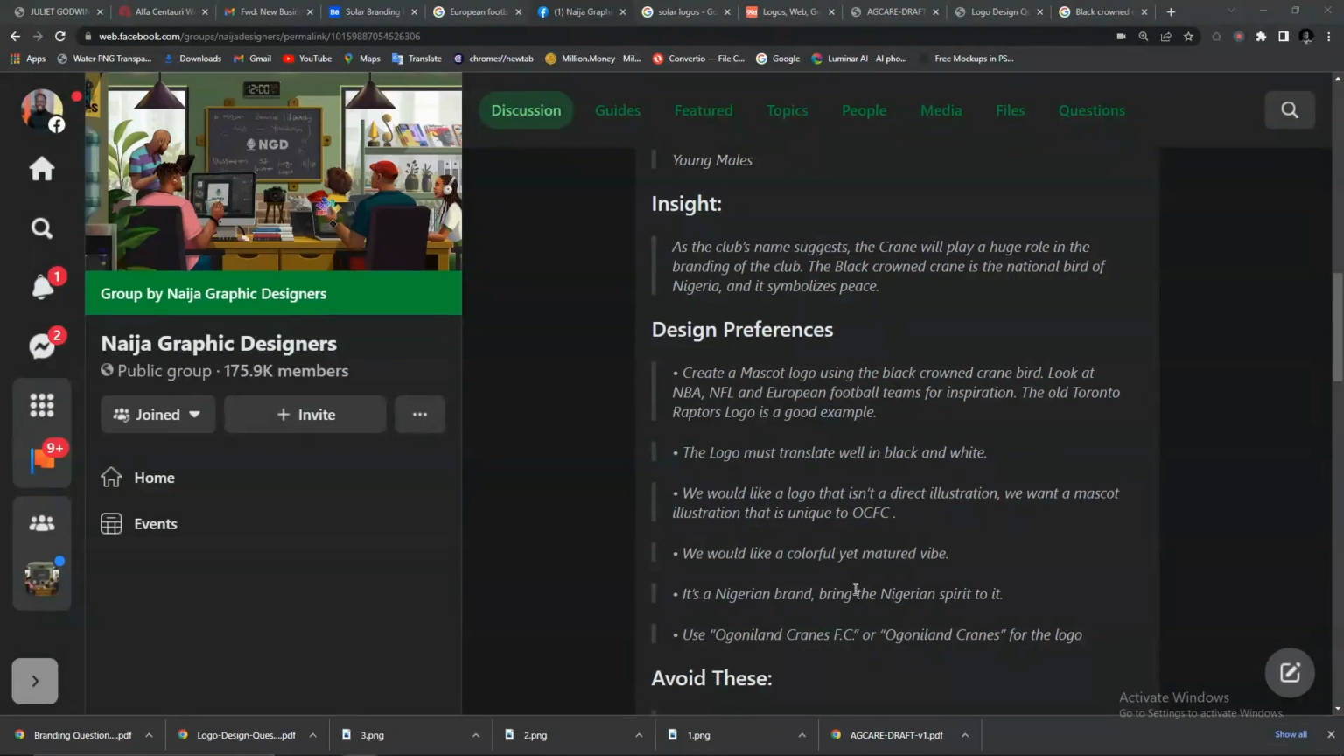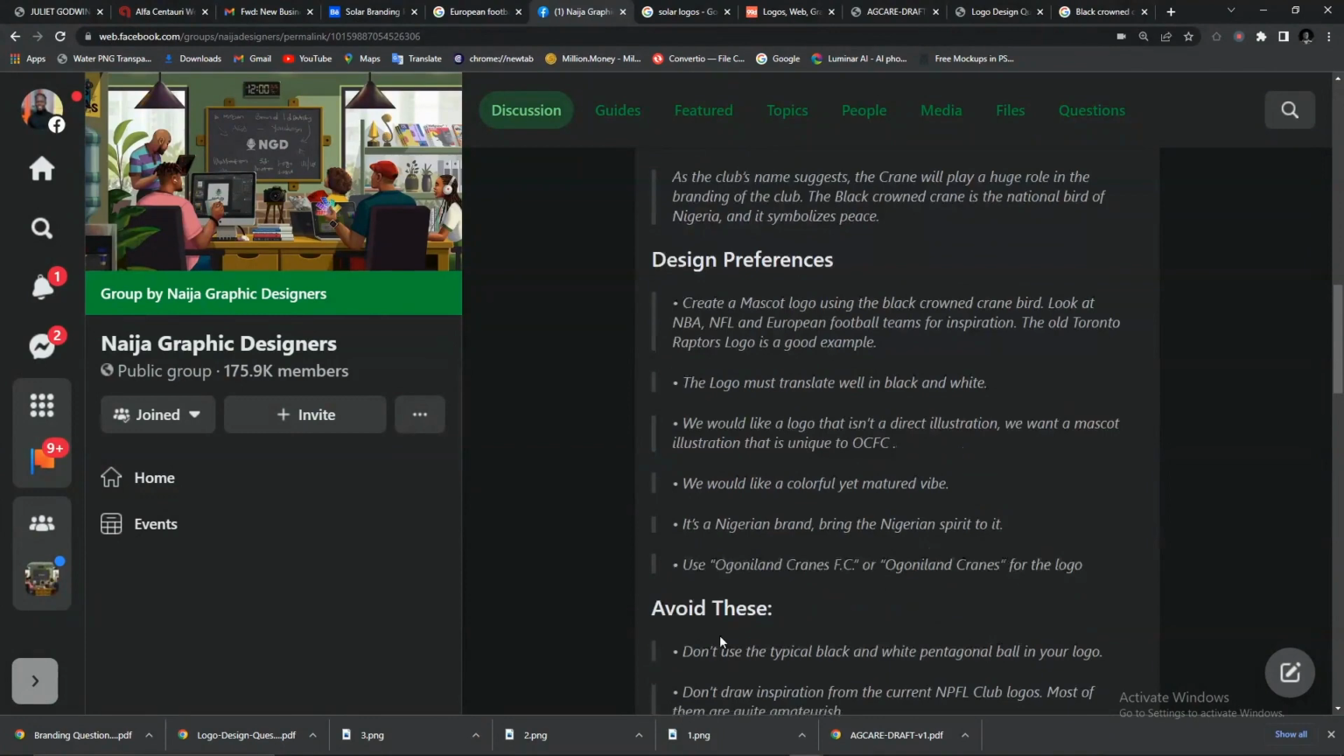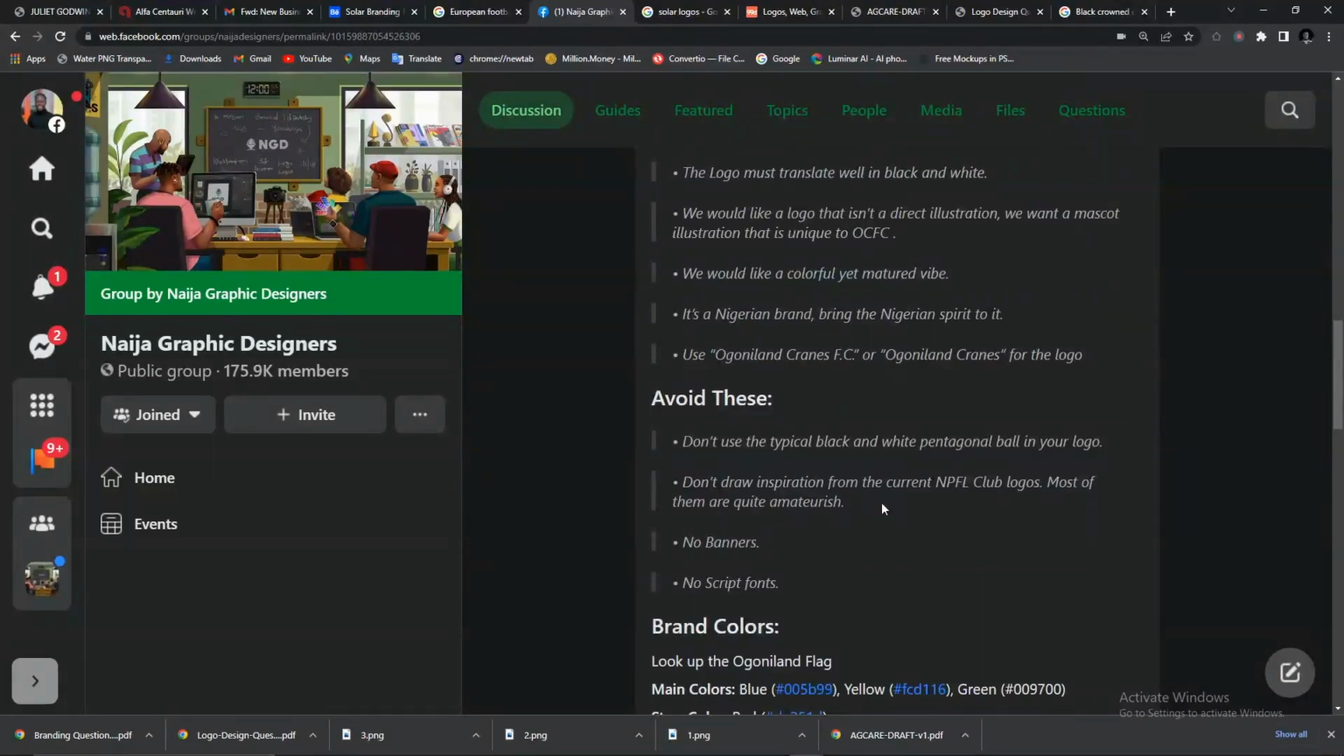So after that, it said use Ogoniland Cranes FC or Ogoniland Cranes for the logo. So this is a particular thing we should take note of. We are to use either of these names, Ogoniland Cranes FC, or we use Ogoniland Cranes as the name. Okay, so they also give us some things to avoid, of which if you are getting a